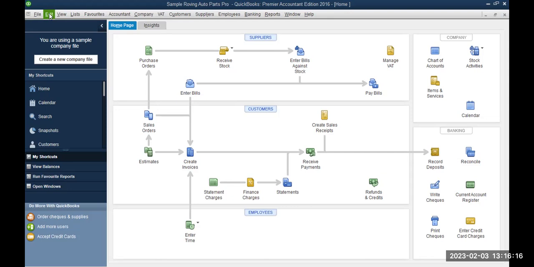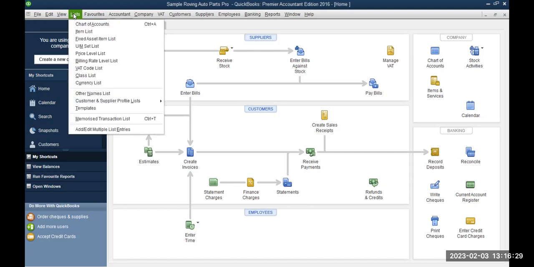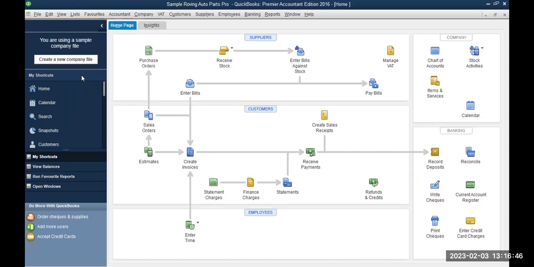So the function that you're going to go to is on lists. There's a list function on the upper tab here. When you click on lists, it gives you a drop down. On the drop down, you're going to see a list of all the other items that you're going to go through today, most of them, how to set up the item list and how to set up the VAT code list. But what you're looking at right now is how to set up the class list. So when you click on the class list,